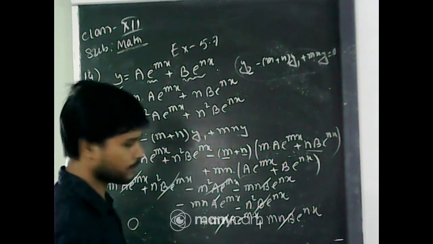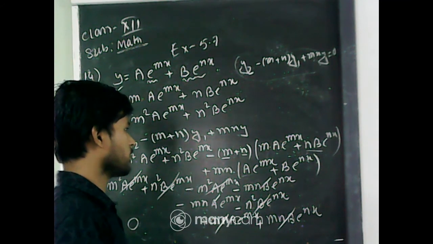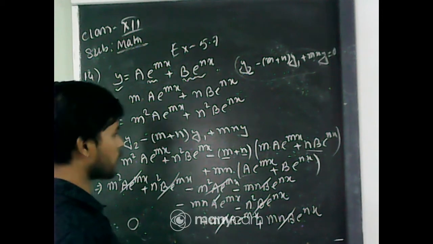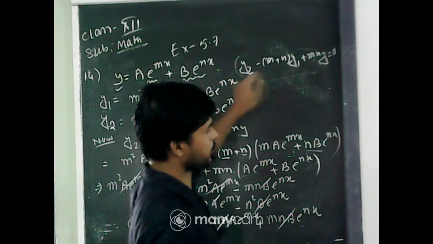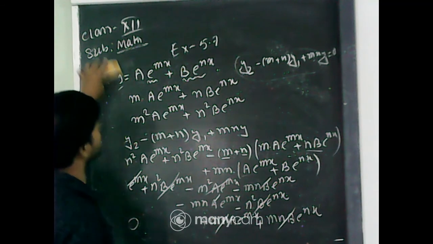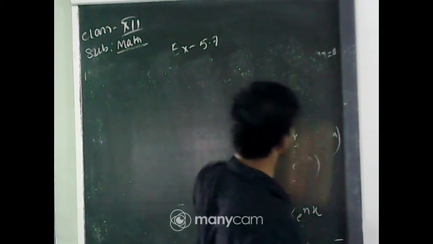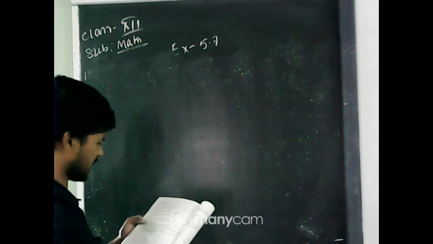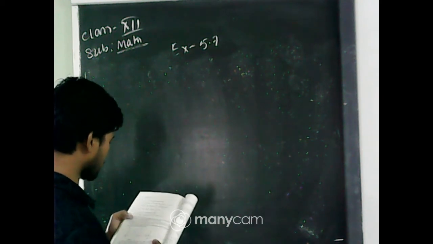Okay, any problem? Just find out the values of y1 and y2 and put them in the expression on the left hand side. You will get the answer. Yes, no sir. Very good. Now let's solve question number 15 then. Question number 15 is very easy. Just do the differentiation twice, you get the answer. I am doing question number 16.